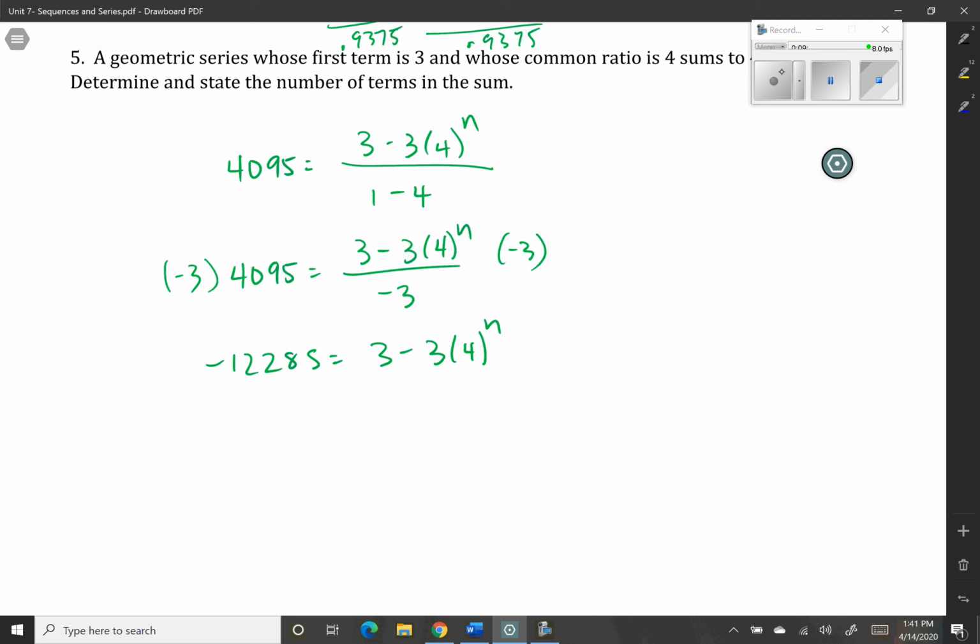But to get to the answer here, you're going to have to know a little bit from the last chapter. So if I do some subtraction,